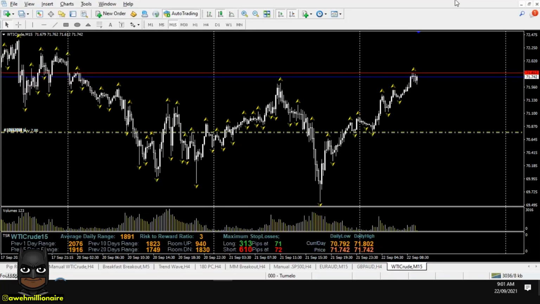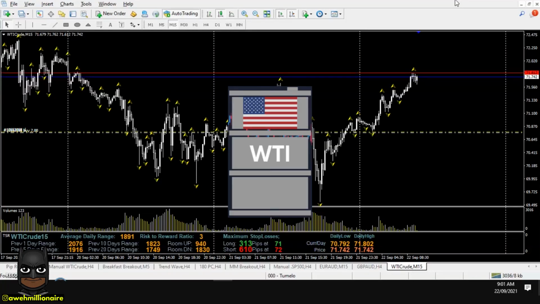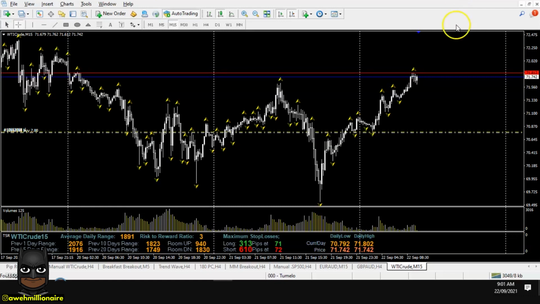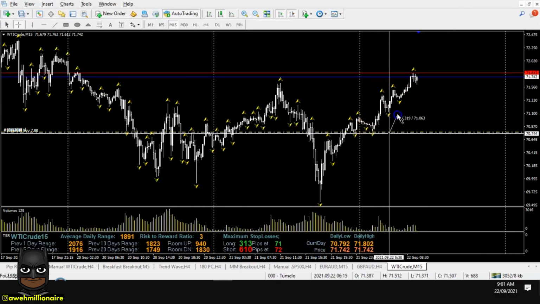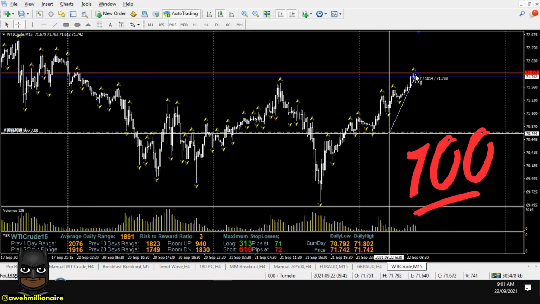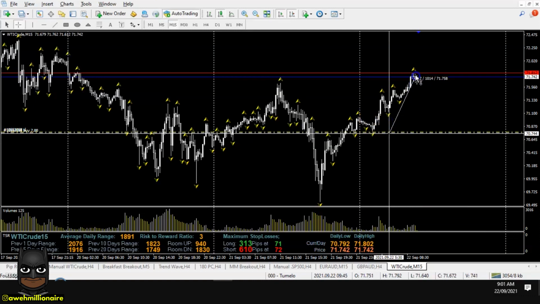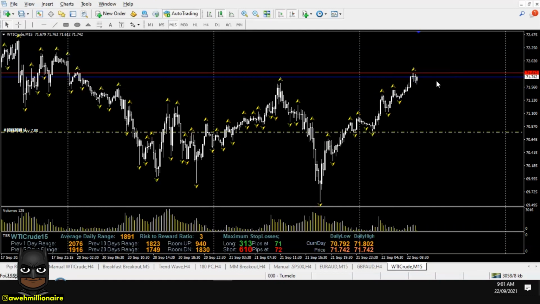Today's trade of the day is WTI crude oil. I am long crude oil, and as you can see there, my stop loss is at break even. I am risk free on this trade, and this move is already up 100 plus pips in profit in the bag. And the reason why I'm trading WTI crude is because I spotted this classic supply and demand setup where